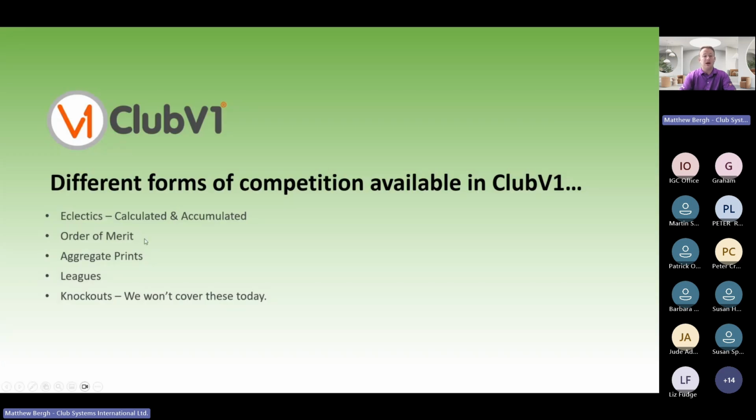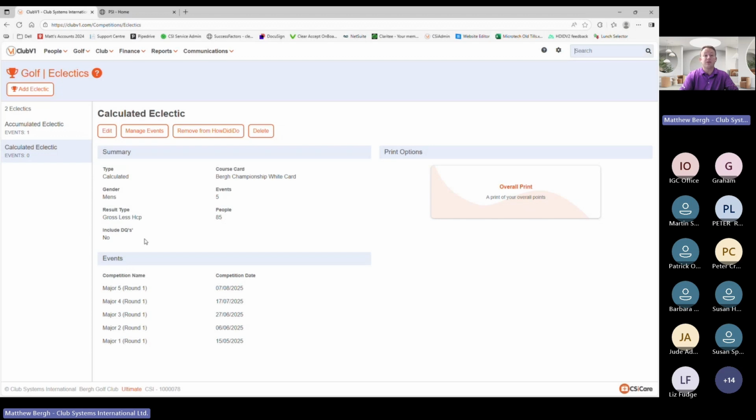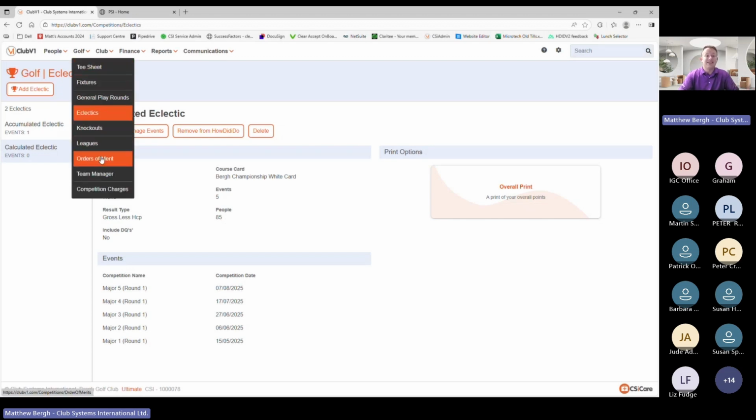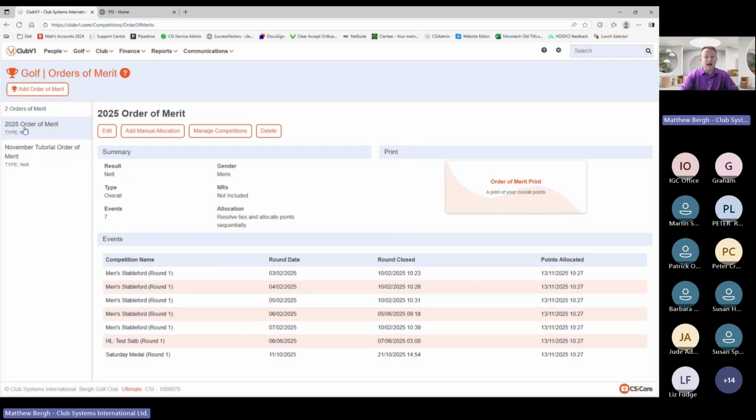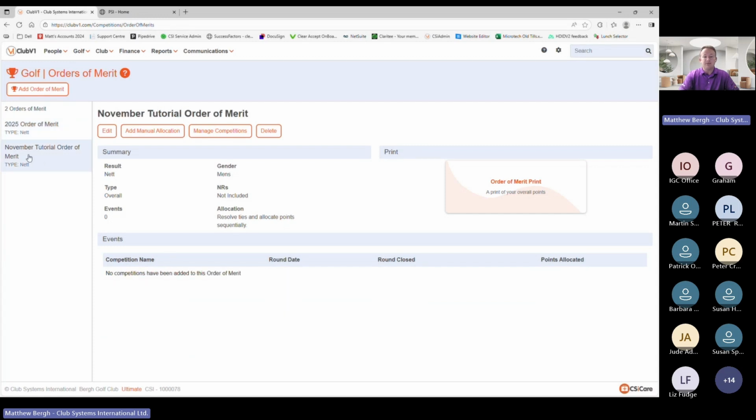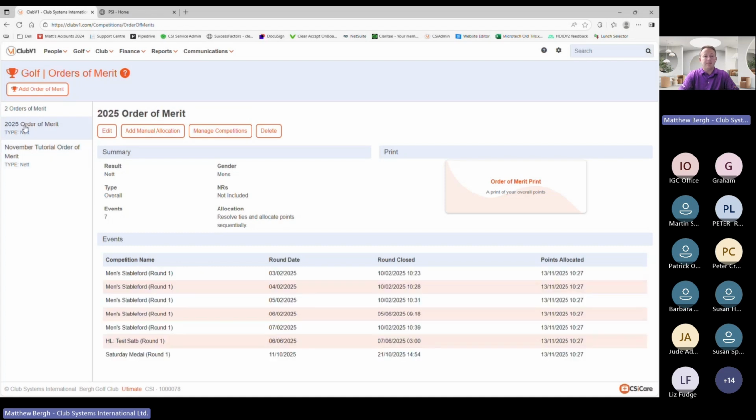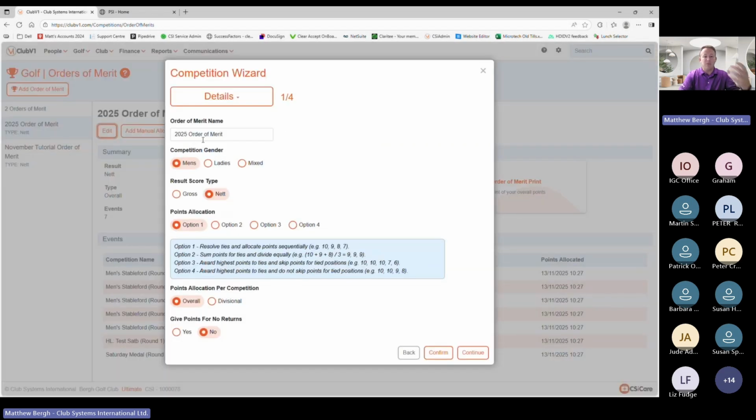Orders of merit, another one that lots and lots of clubs use in the system, but a lot of clubs don't know it's even there. So orders of merit, I've got 2 set up here. I've got my 2025 order of merit, which has got competitions in it already, and I've got my November tutorial order of merit. Okay. So I can click in here, I can edit that competition, and when we're setting it